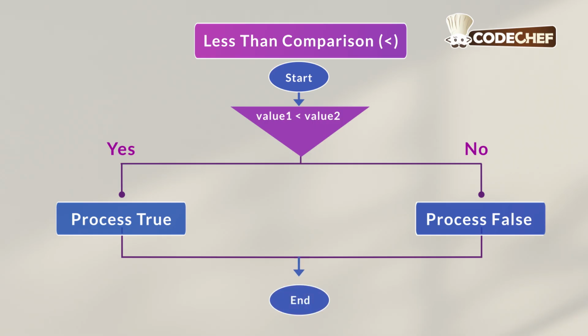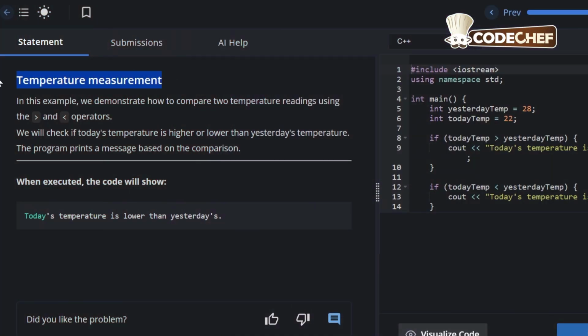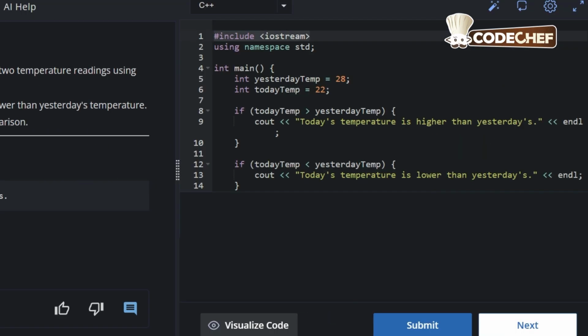Now let us go to the CodeChef platform and see a program that uses these operators for comparison inside an if block. The program objective is temperature measurement, and the expected output is today's temperature is lower than yesterday's. Coming to the code, #include <iostream>, using namespace std; Then int main. Now inside the main function, int yesterday_temp = 28; and int today_temp = 22;